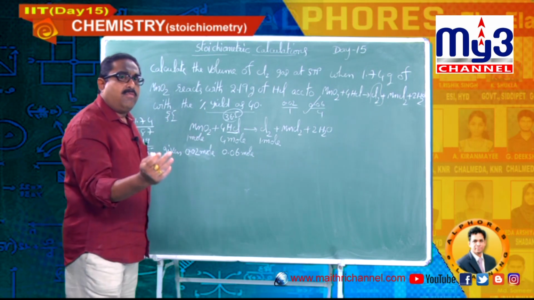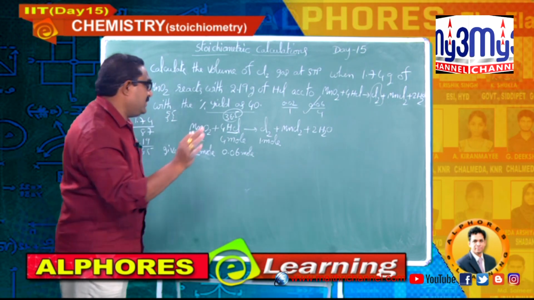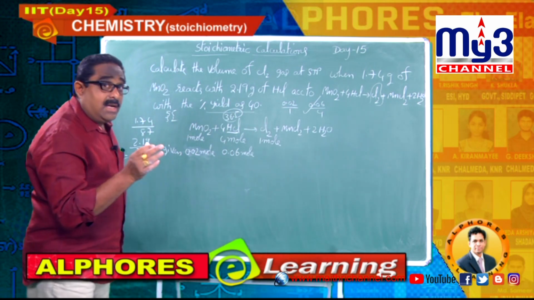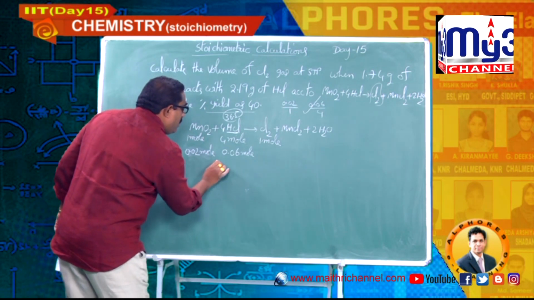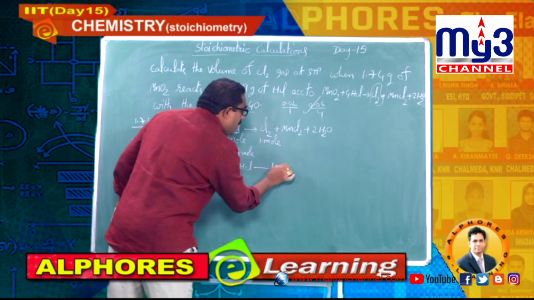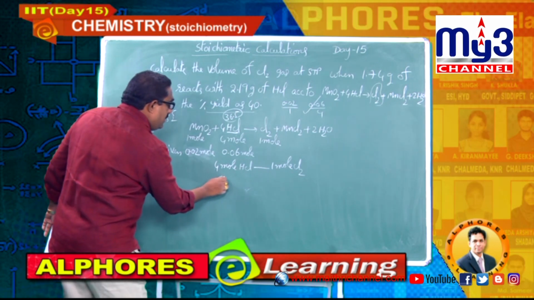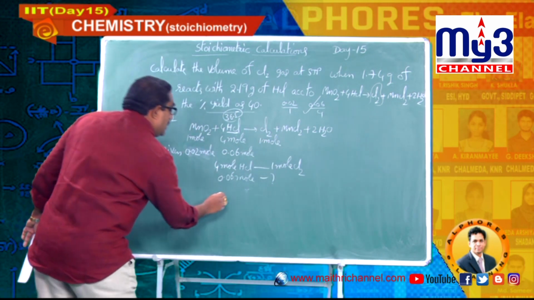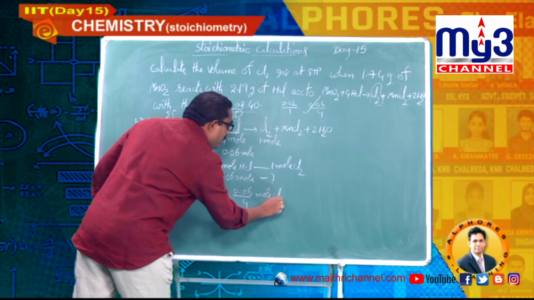We know amount of product always depends on amount of limiting reagent. Okay. Now let me calculate the moles of Cl2 that should theoretically be obtained. I am writing here: 4 mole HCl will produce 1 mole Cl2 theoretically. Here he has given 0.06 mole. How much? 0.06 by 4 mole of chlorine you will get.